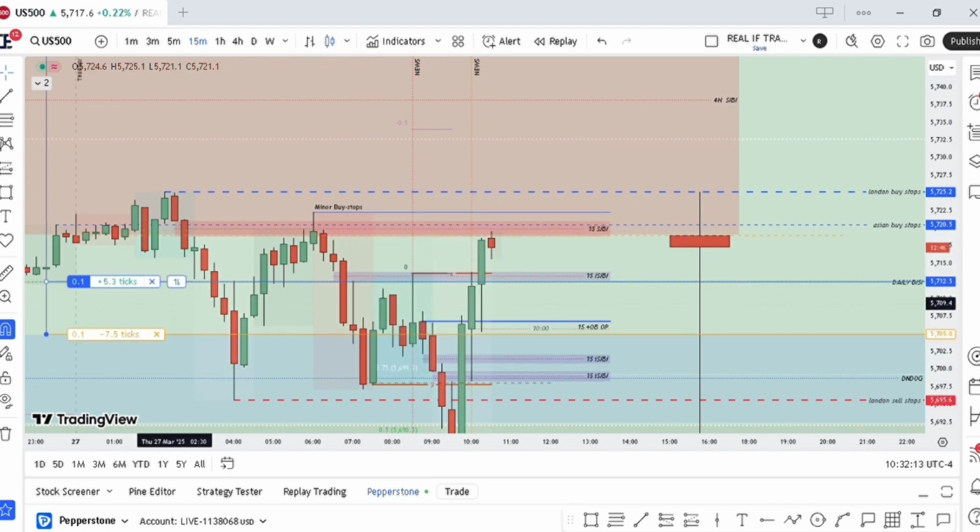So we have 5 ticks right there. I'll be looking to close off at 5 ticks or so for the second position,